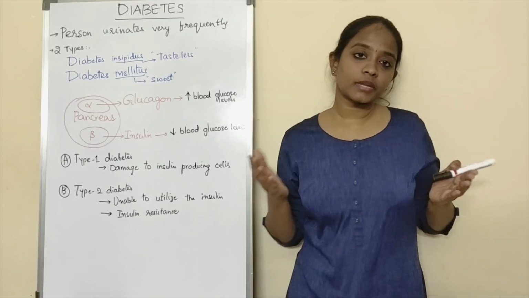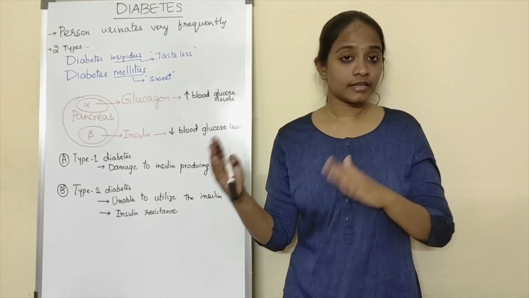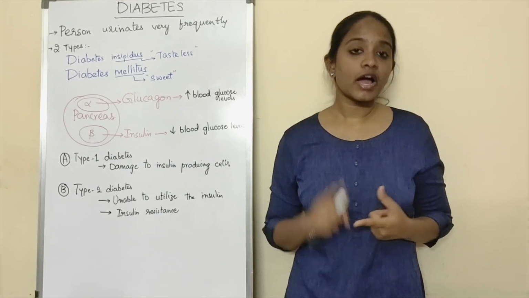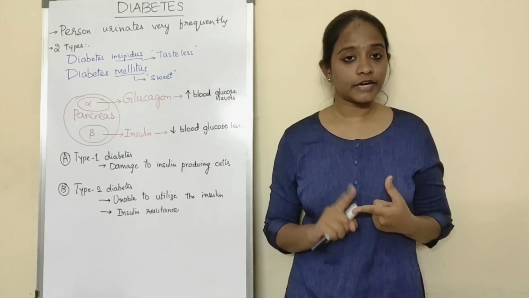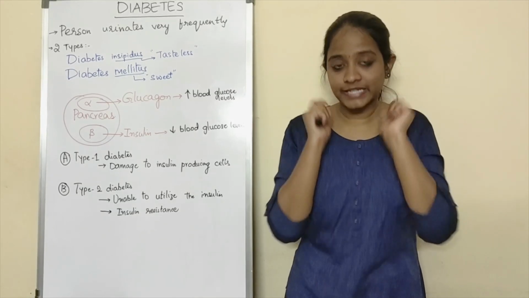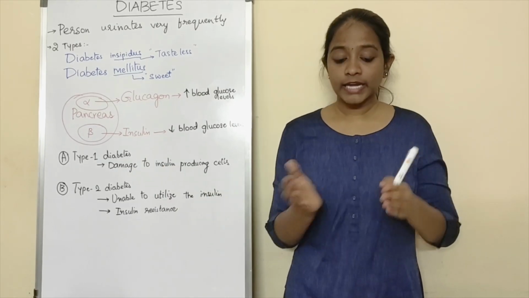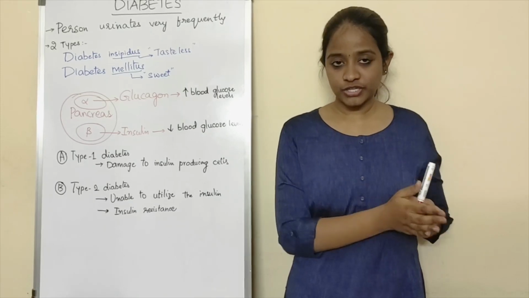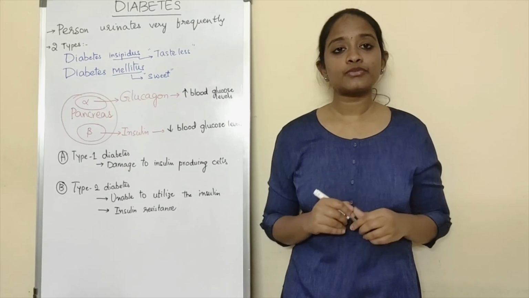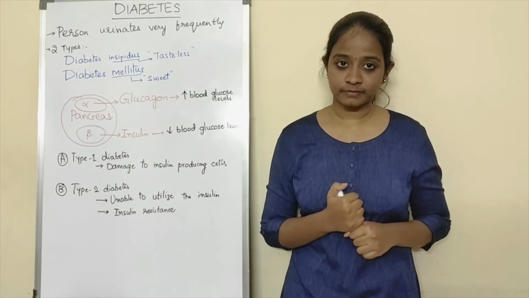But why? What happens when the blood glucose levels remain high? The thing is, high blood glucose levels can lead to damage of blood vessels. That can lead to increased risk of heart stroke, kidney disease, nerve diseases, etc. And there can be problems with vision also, because we have optic nerves, etc., which can be damaged. And type 2 diabetes in the starting stages, that is in the pre-diabetic stages, can be reversed, whereas type 1 diabetes cannot be reversed. The person who suffers from type 1 diabetes usually takes insulin from outside in the form of injections.